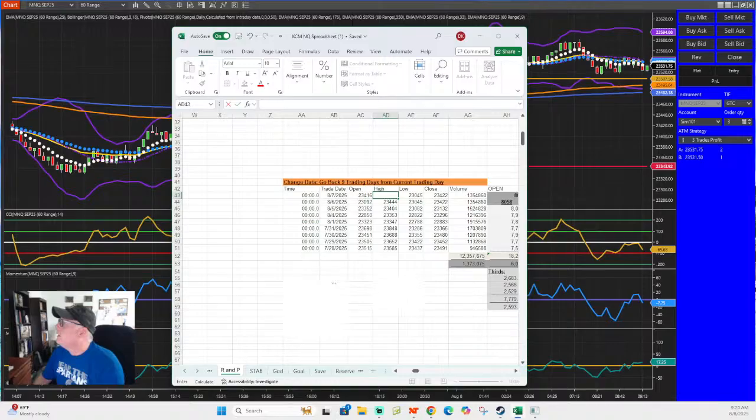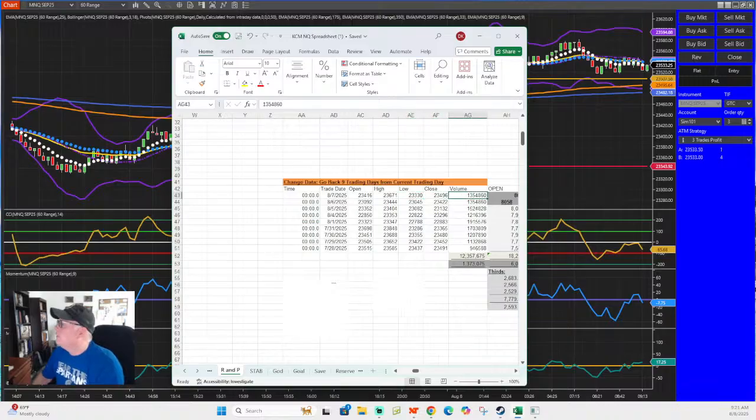So what I'm doing right now is I'm putting in yesterday's open, high, low, close. And notice that I've got, going back 9 trading days, to, it looks like today, 9 days going back is July 28th. And right now I'm not worrying about the point numbers like 0.25, 0.50, 0.75. I don't worry about that. That's irrelevant. So then I just double check to make sure that I've got the right numbers on